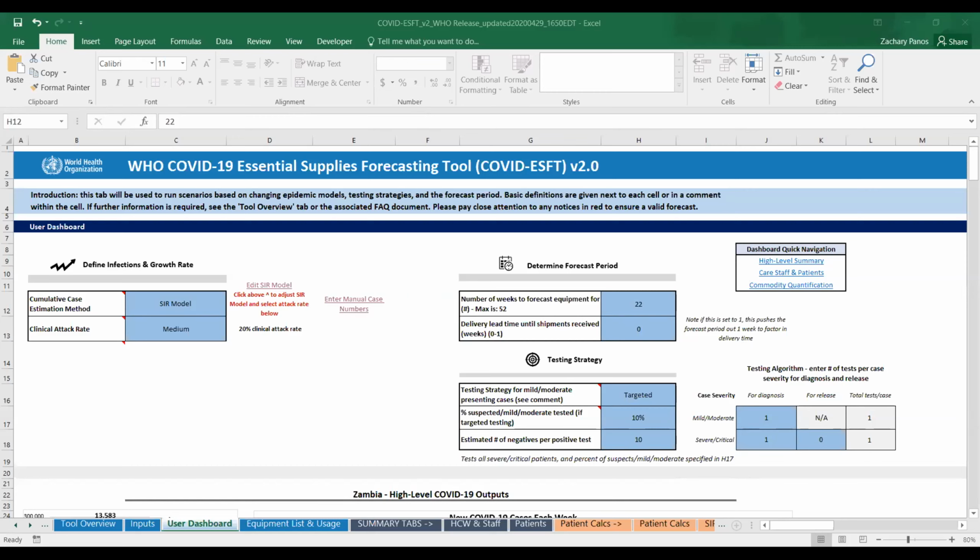And while there may be certain differences across various geographies, some of these, such as the patient case severity breakdown we discussed, can be used by default. And so the user can choose to accept the default values that are being provided.